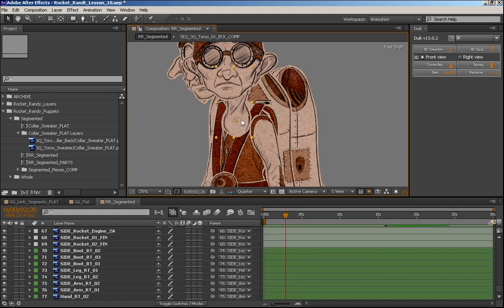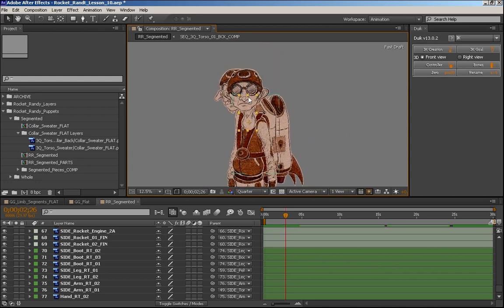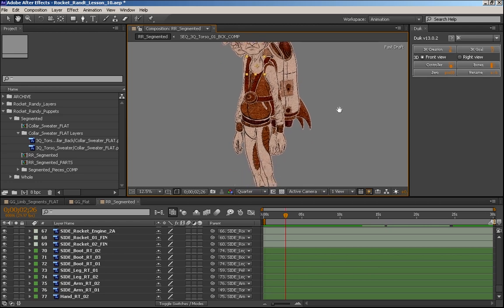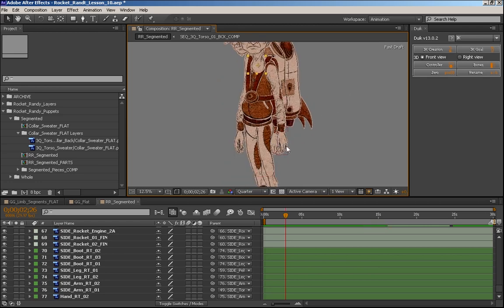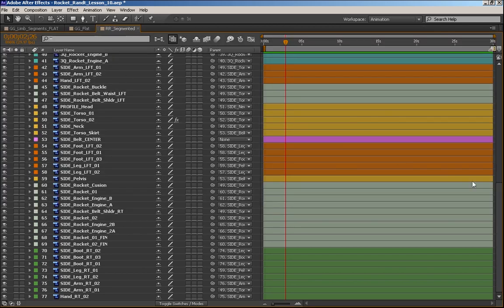Okay, so I'm just going to put that head there for now because that's a head we're going to figure out later. That head will be embedded in both the 3/4 and side puppet. And also, I would like to have the ability to add extra hands down the road, but we're not going to worry about that for now. We're going to start with a really basic puppet. Let's start creating nested compositions of these characters. So we can open this up here, and I'm going to grab everything that has to do with the 3/4,